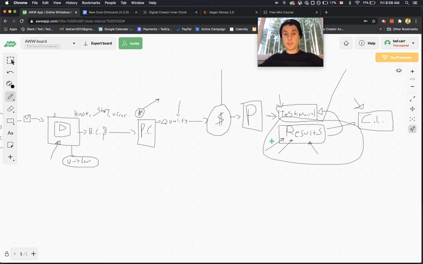That's it. So in a perfect world, here's what would happen. You'd be in bed. This is a bed, and you're sleeping. In a perfect world, this is what would happen. Someone would come to you and they would give you money in your sleep. And as soon as they give you money, they instantly get the result that they're looking for.